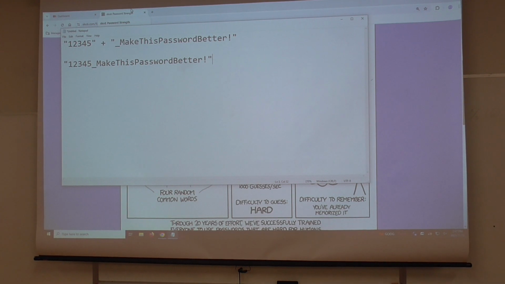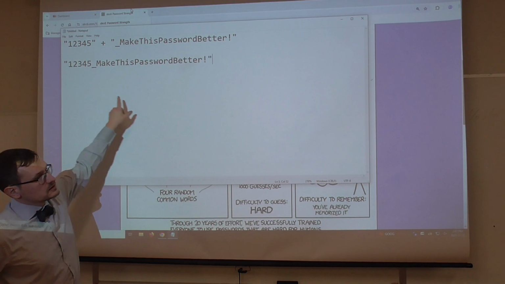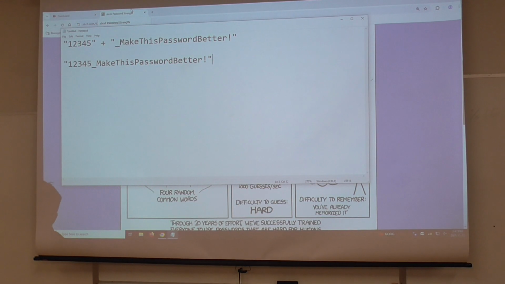But here's the thing. We're back to the same problem we had with encryption. If we crack 2 of these, notice that they have the same suffix. They're using a magic word, we now know what the magic word is, we can now crack all of the passwords, we're right back to regular normal hashing. We have no advantage over regular normal hashing. So it's an attempted improvement, not quite an improvement.